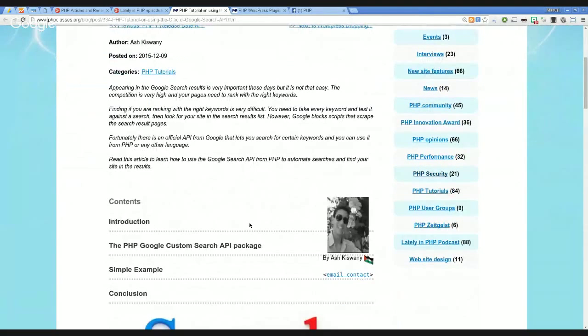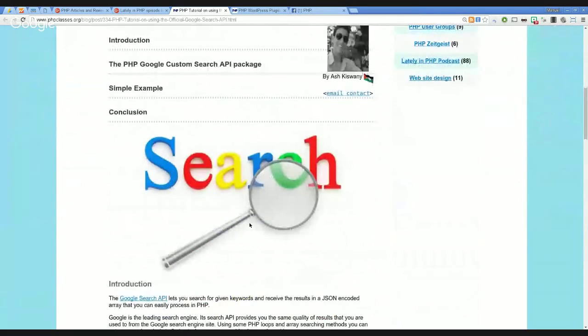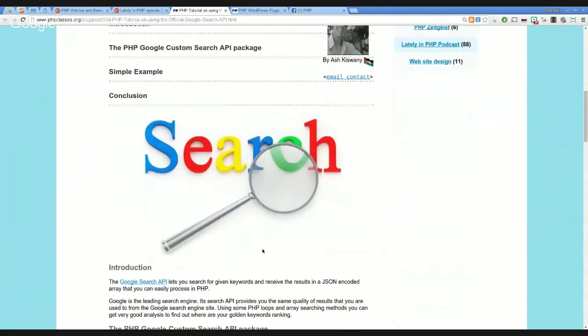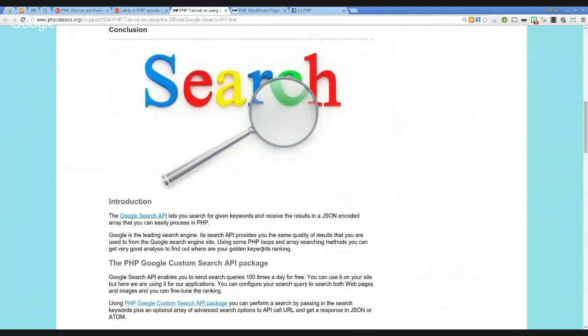Basically, this is the official Google API for searching for results in Google. Many people have developed packages that scrape the search result pages, but those stop working because Google implemented a captcha verification when it suspects too many requests are being sent